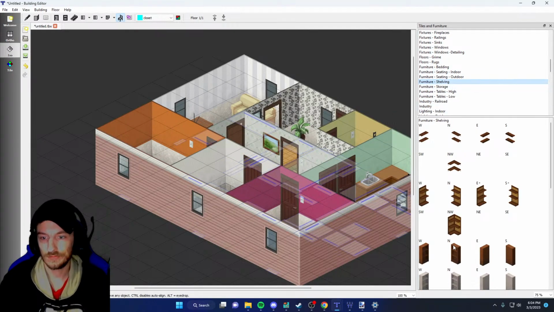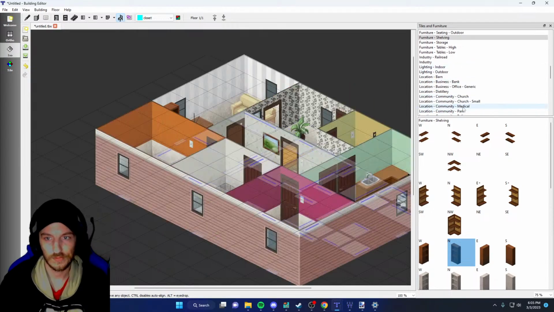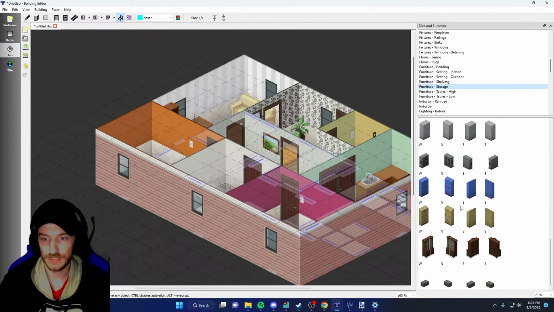Shelving. Storage. We're going to go ahead and put